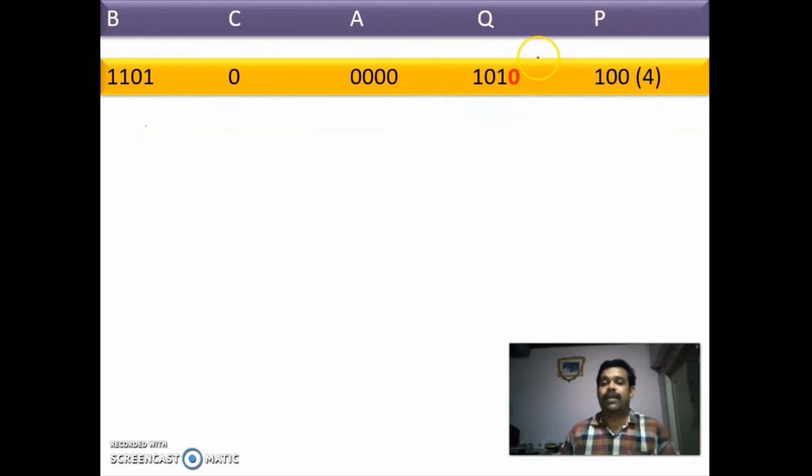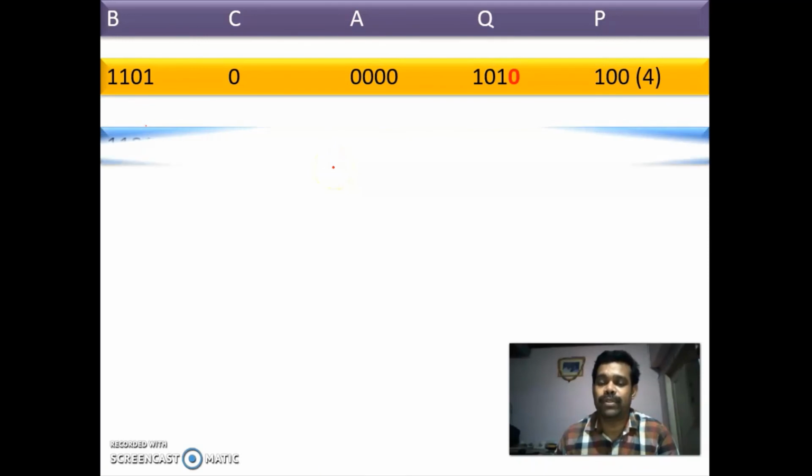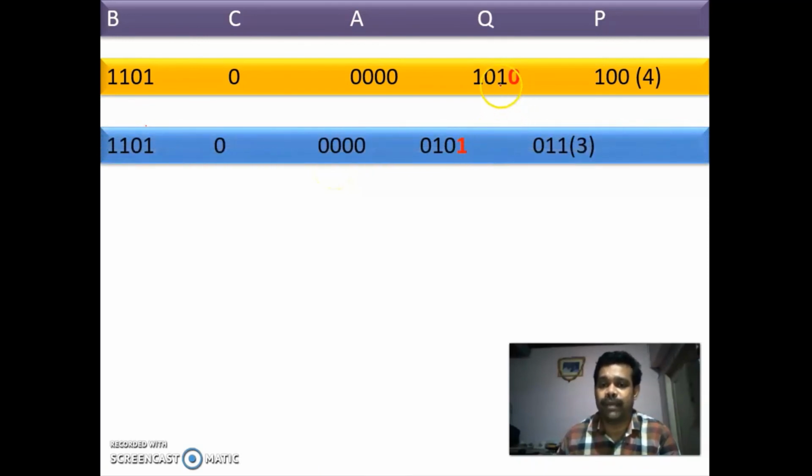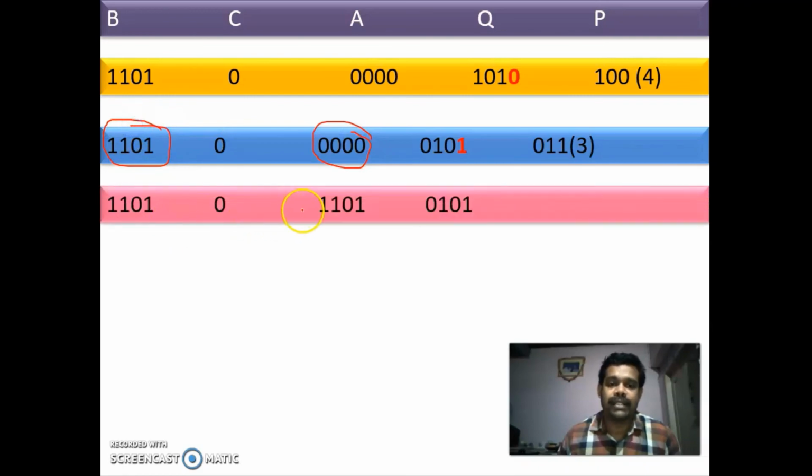Then first we are looking at the first bit of the multiplier. If it is 0, no addition is required, just we have to shift it right by one bit. So here we have shifted right by one bit and we are reducing this P to 3. Then we are again checking the first bit of multiplier. It is 1. So we have to add this partial product A with B. So we have added this partial product A with B